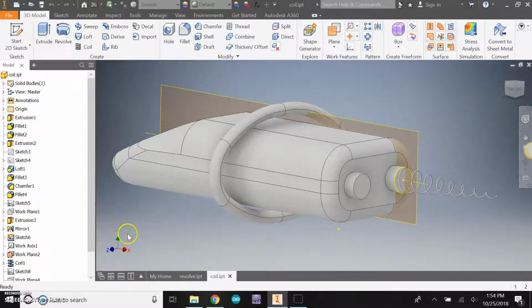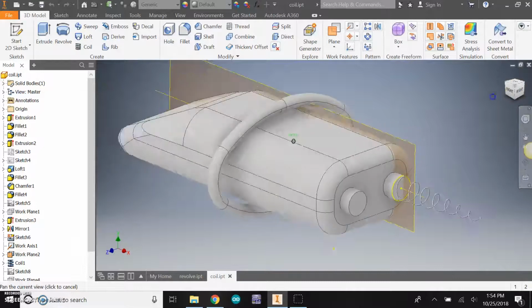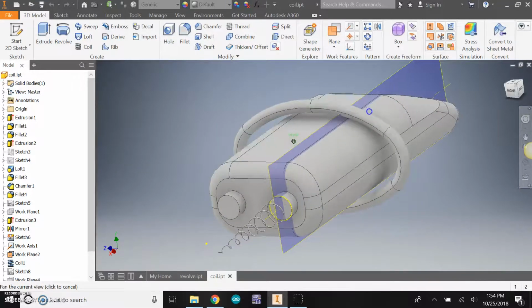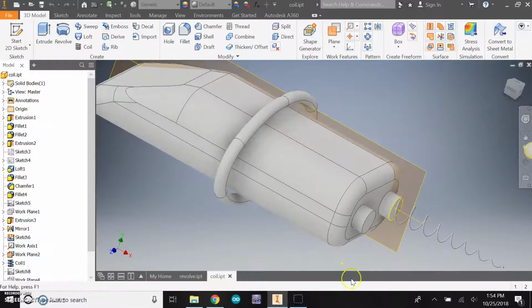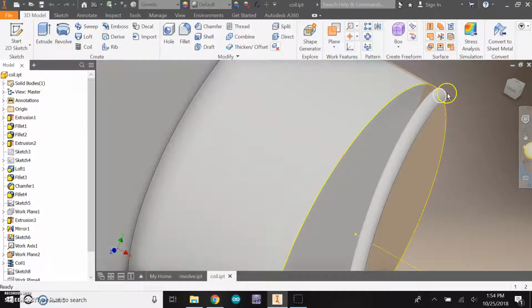This is demo 20, how to use the coil tool, and mostly how to set up for the coil tool because it takes a bit of setup. So to set up for this coil, this is a coil. I had to first create an axis that the coil would wrap around, and then also create a shape on a plane that would actually be wrapped around, which in this case was a small circle right on this work